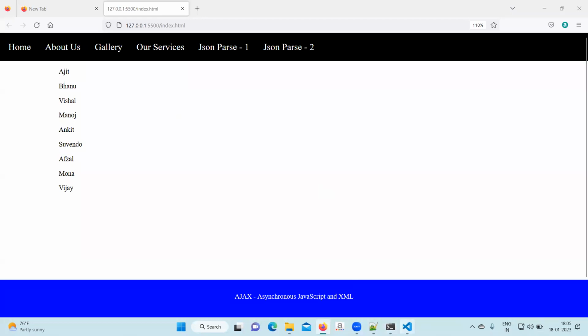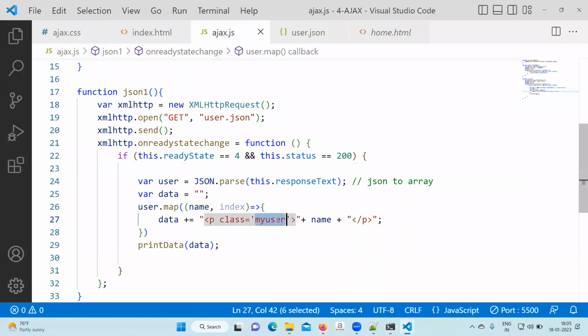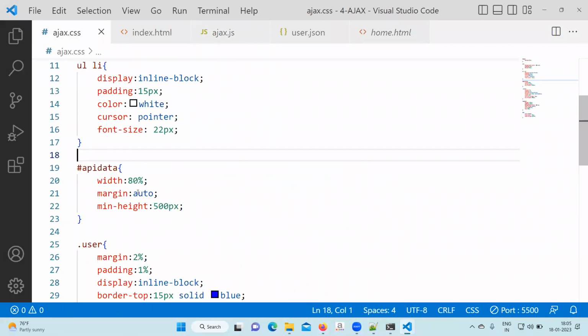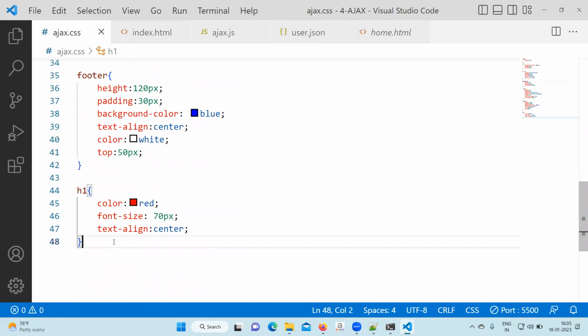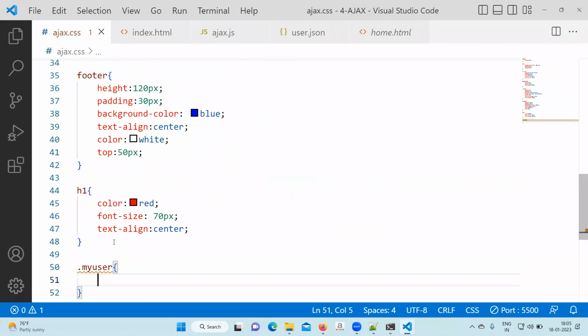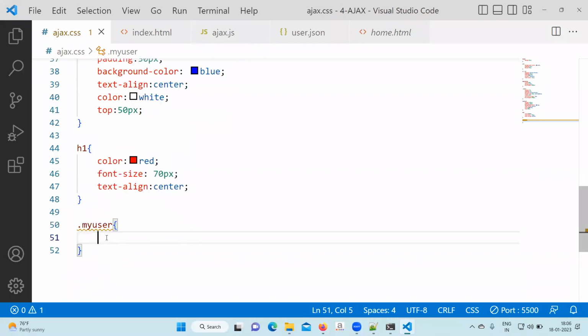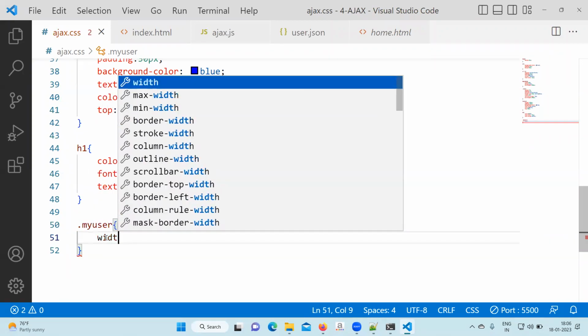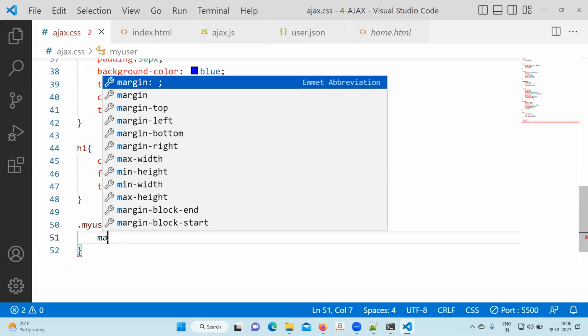Okay, so I will write here again the CSS for my user file. I will write dot my user. Inside that we can write, not width, but right margin